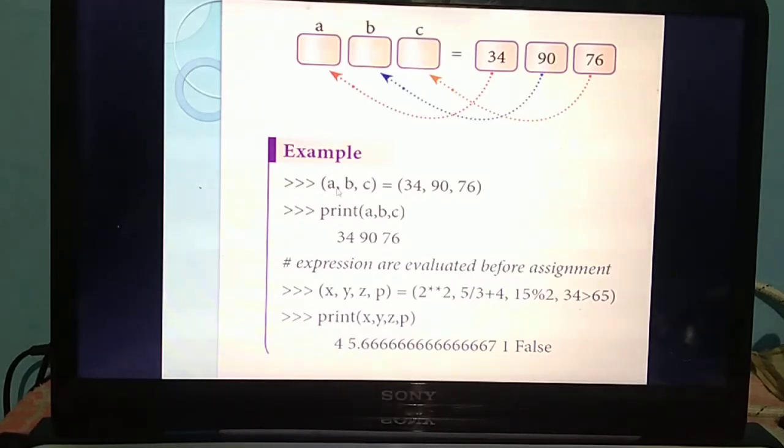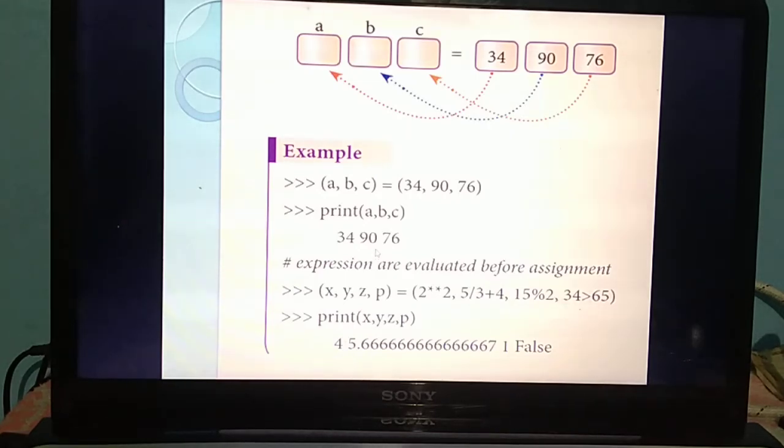In this program, A, B, C, three variables they have given, and 34, 90, 76. Now you are going to print this tuple. What output are you getting? 34, 90, 76. Here also, left side three variables, right side also three values. So you will get the output as the values for the variables.